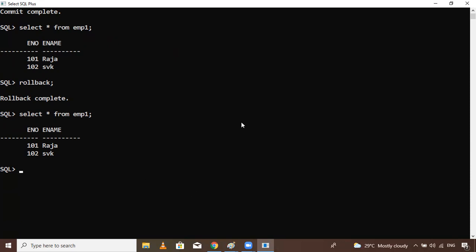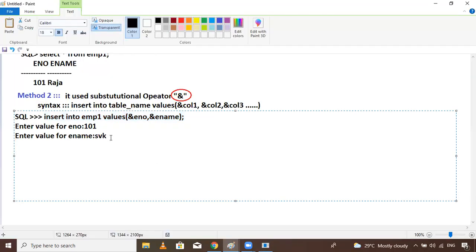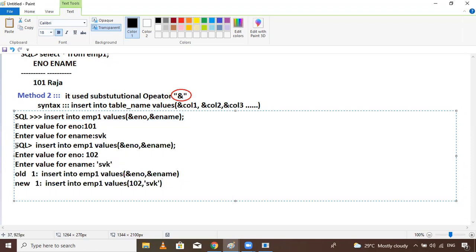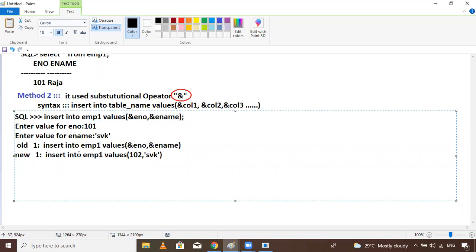So now up to that is clear, na? Up to that is clear. So now here just paste it. Now, what is required? This one is not required; just remove it. Here single quotes are required. If you go without quotes, it will not work. So now this is the second way to insert the data.